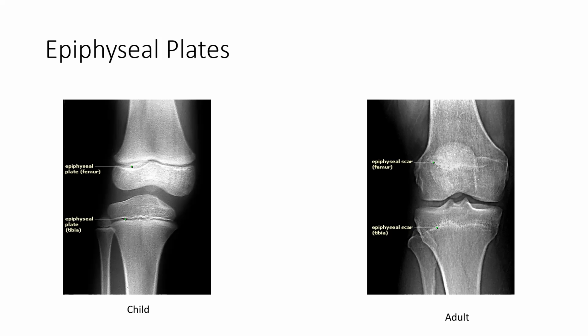But once we get past about 23 years of age, the hyaline cartilage converts to bone and doesn't grow anymore. The hyaline cartilage disappears. And then all we get is this line. We get a white line that occurs, and any X-ray of a leg or an arm or any long bone can show you the scar, the epiphyseal line, where the growth was occurring. If you can see the dark space, that's the epiphyseal plate,